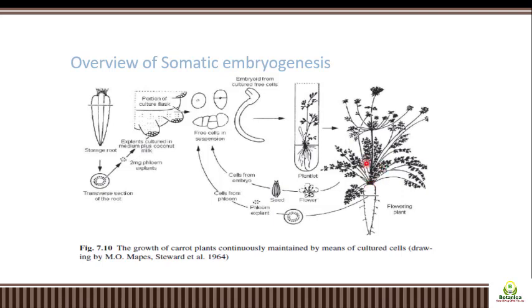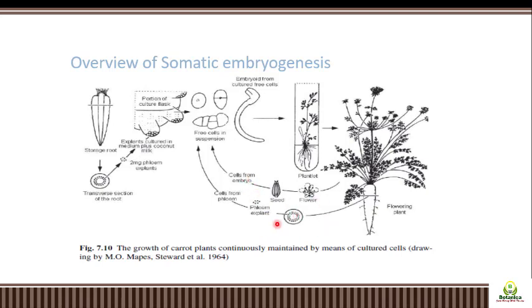Now we can use this particular plant as an explant, or we can isolate tissues from this plant and then again culture them. Either we isolate somatic cells from the root, or we isolate the flower or seed, which we have discussed as haploid culture, ovary culture, embryo culture, and ovule culture. So these are the two pathways.